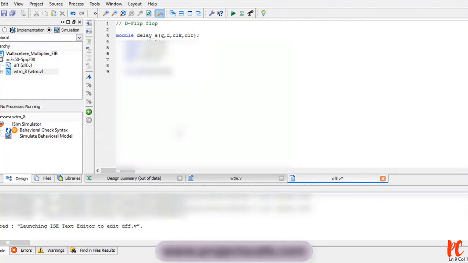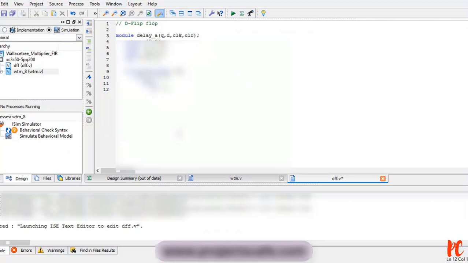This is my sensitivity list now. If clear is equals to 0, begin q is equals to 7 tick, which is of 8-bit, right?